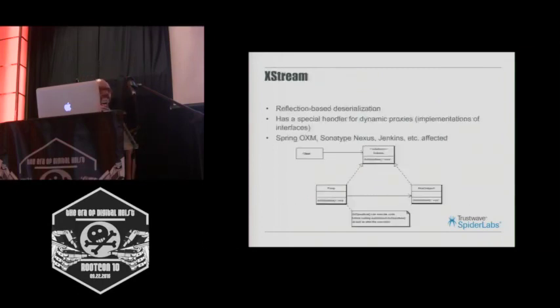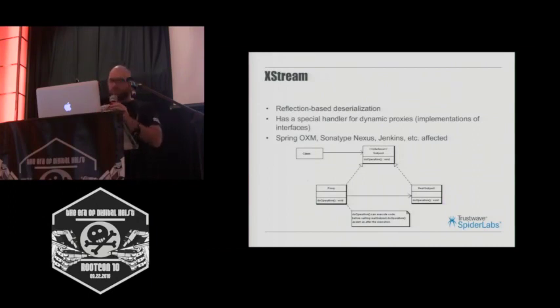Next one up is Xstream. Now Xstream is much more interesting because it's very widely used. It is the most widely used XML serialization coder, whatever you want to call it, for Java. It's used by some very common and widespread tools such as Jenkins. It's also used by Sonatype Nexus, which is the basis of the Maven repo. So at one time, there was a remote code execution vulnerability in the Maven central repo, which would have allowed an attacker to pollute jars that are used by every Java application in the world,